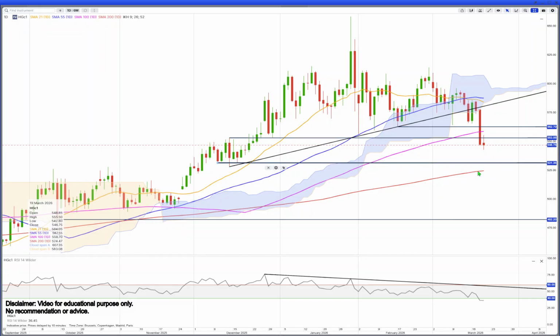We will have the 200 moving average coming up there, which will give some support, but we are quite heavy at the moment. And what we can see, it looks like a bit of a complex shoulder. We actually have two shoulders there, then a head and a couple of shoulders here, and that gives it potential at least down to the 531, 525 area on the short term. So metals cheaper,